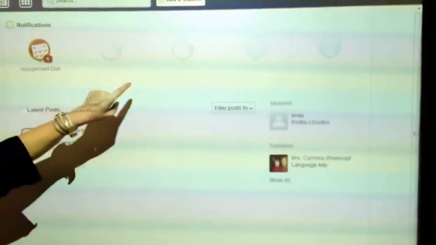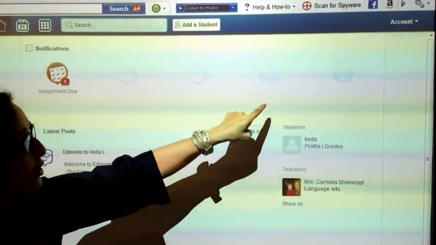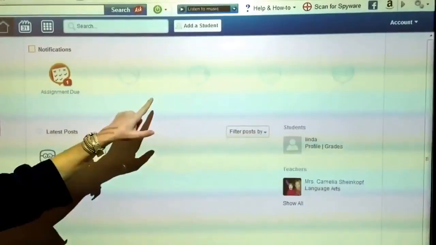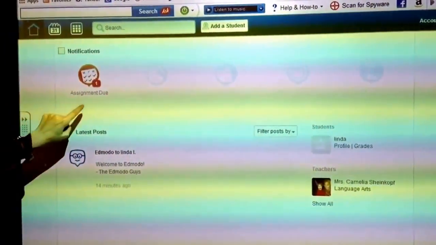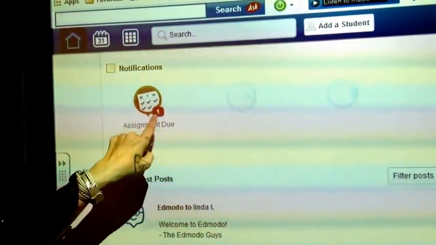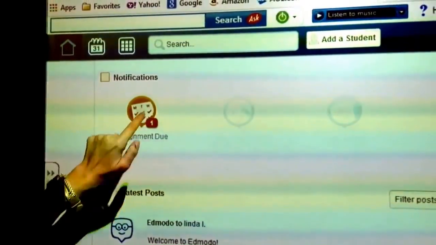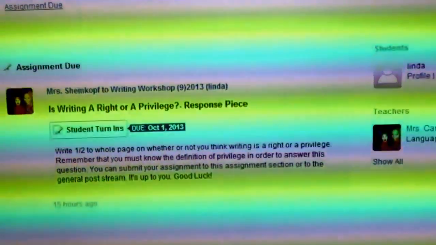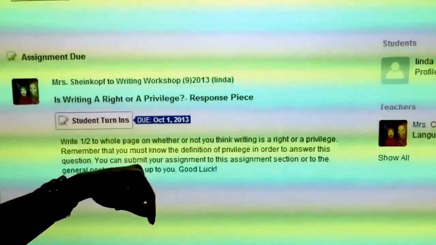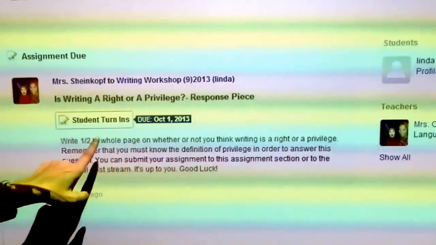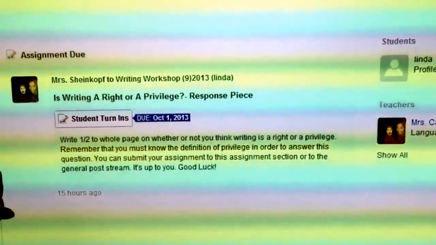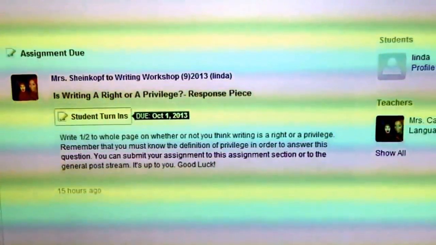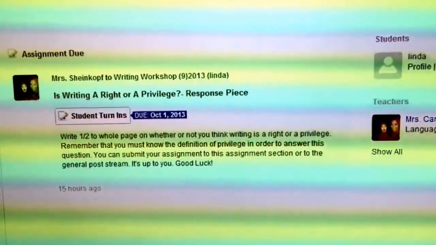You might not be able to read the rest of them because, as of yet, there are no grades in or late assignments. But here you'll see it says assignment due and there's a 1. So immediately when you get on this page, you know that your daughter, Jane Levy, has an assignment due called Is Writing a Right or Privilege, and then it gives the parameters and it gives the date, and you can talk to your student, your daughter, and say,